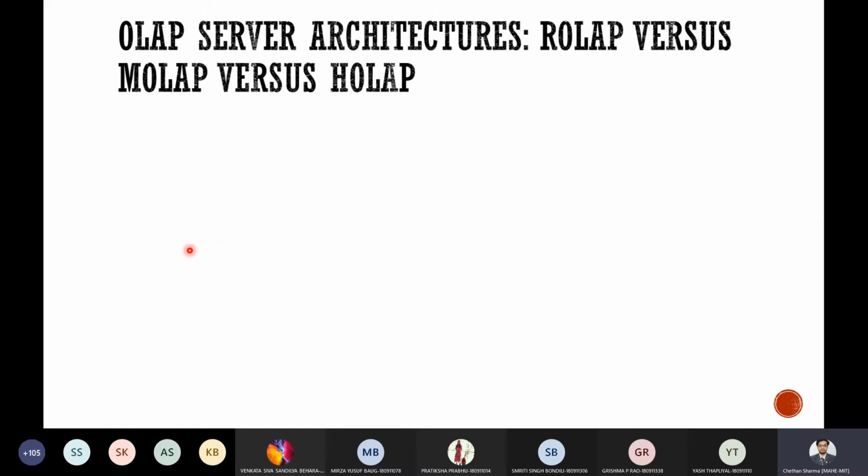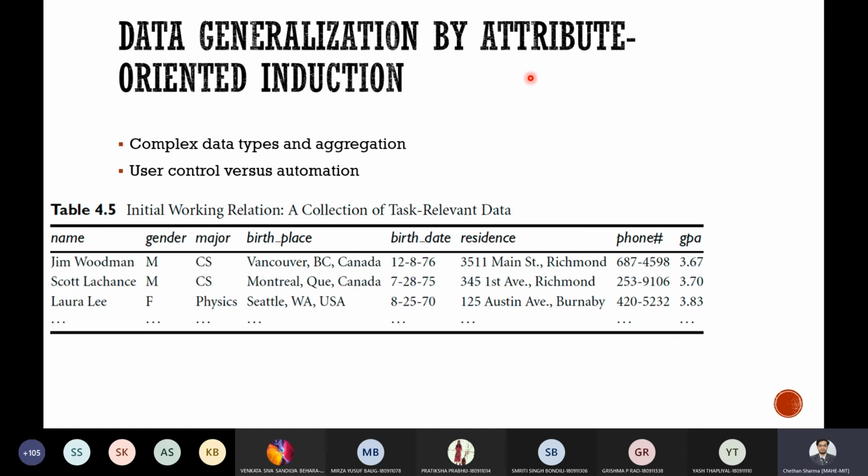The next thing, there are a few architectures like ROLAP, that is relational OLAP, MOLAP, which means multi-dimensional OLAP, and HOLAP, that is hybrid OLAP. These are like 2-3 points in each case, like what representation they involve, or how data structures are stored. It's straightforward. So this one thing I will leave for you to study. So we'll just move to the next thing. This is the last thing.